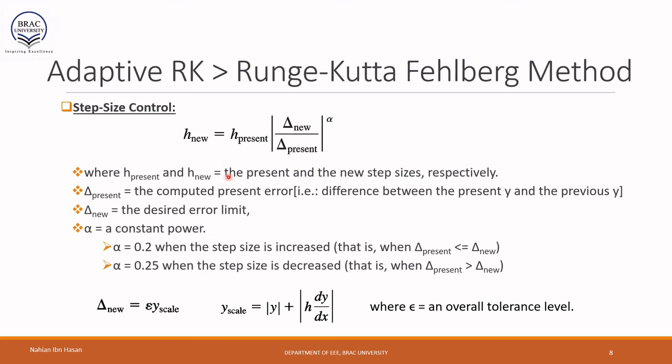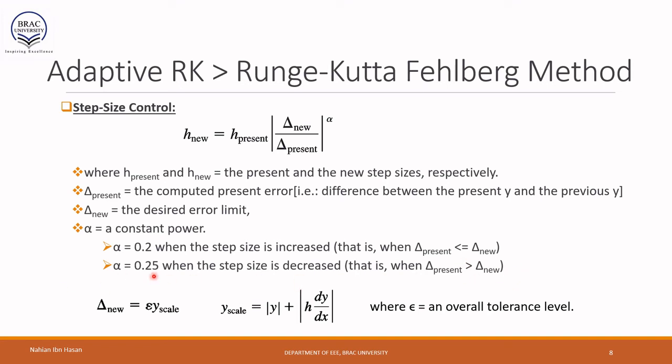Look at this, the value of h actually depends on the value of the derivative of the function. That means as the derivative changes abruptly, this h new is also going to change accordingly. If this abrupt change dy by dx is so abrupt, in that case h new will also decrease, because if dy by dx is increasing very rapidly, it will cause